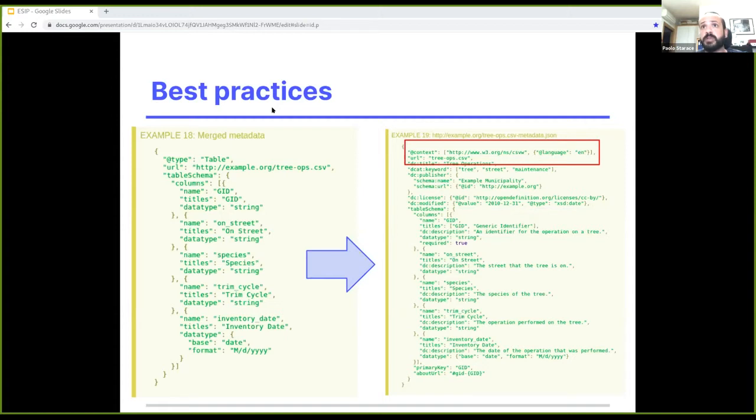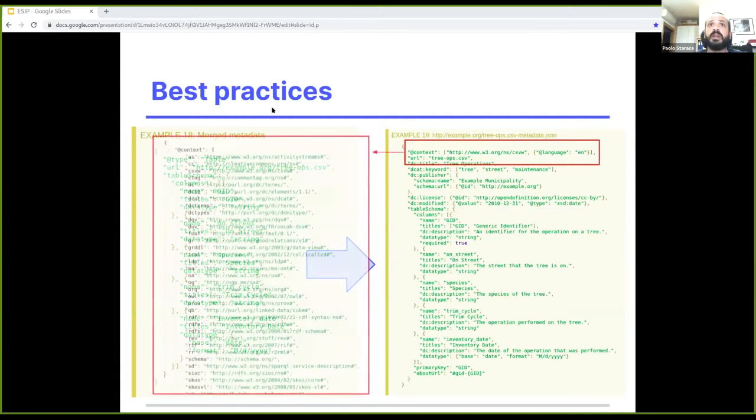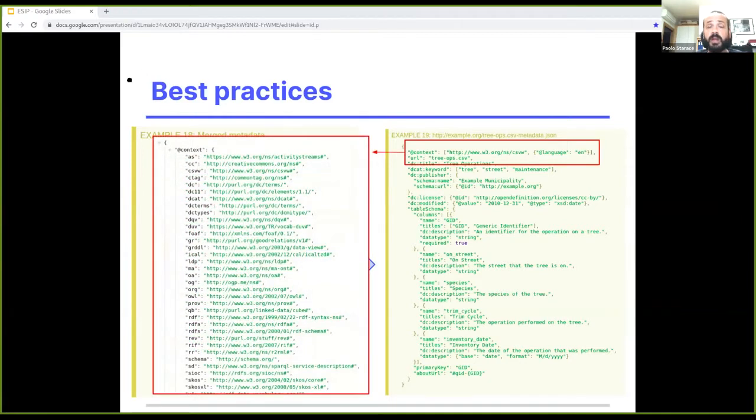Here we are using dcat and Dublin Core, and the context that I'm using in this example is the one provided by the Web Consortium that is named CSVW and already includes most of the relevant namespaces, but of course you can add your own.